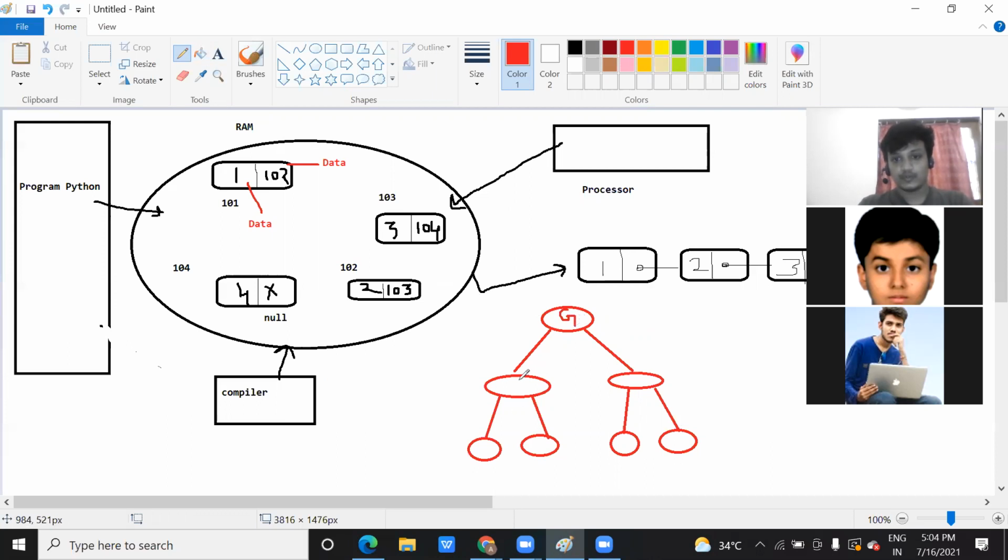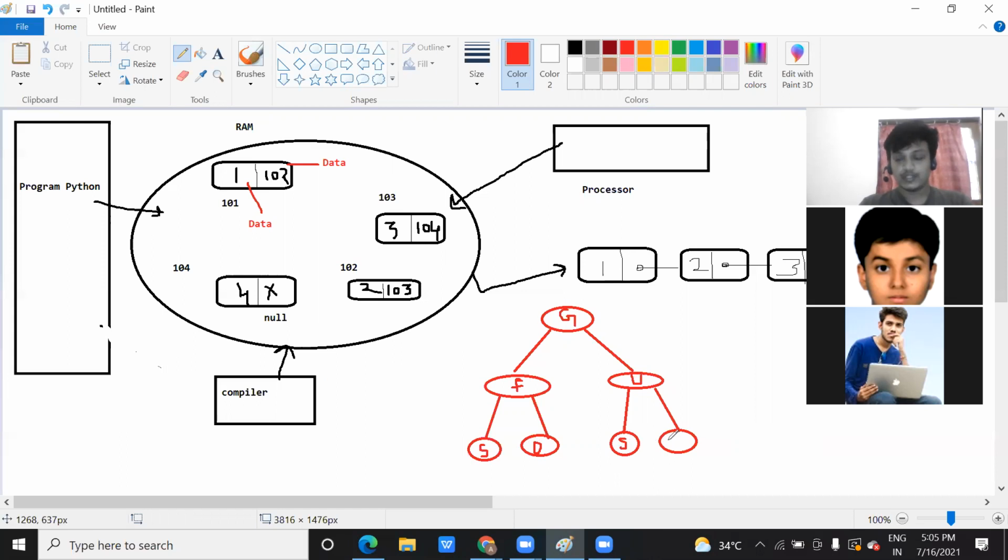Suppose this is our grandfather. This is some family. I'm talking about one family which has a grandfather, a father, and his sibling, meaning one person having two children. So you can say this is the first son, this is the second son, and then these are the two children. This is a son, this is a daughter, and here also the same.